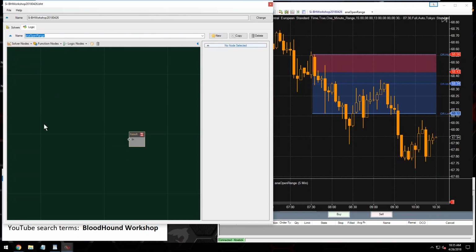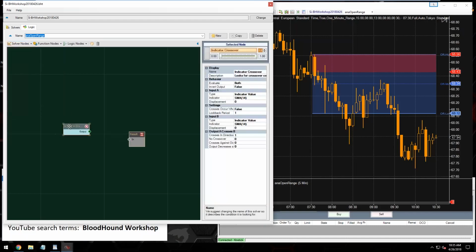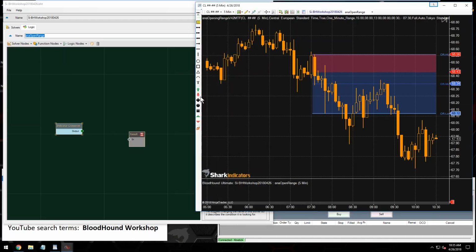Okay, now I think we're ready to get building here. What we're going to do is, well, there's kind of two ways to tackle this. We could do a crossover or we could do a comparison. If we use a crossover solver, that'll give us a signal on just the bar where the breakout occurs. Right, a crossover solver would give us a signal on just the one bar,